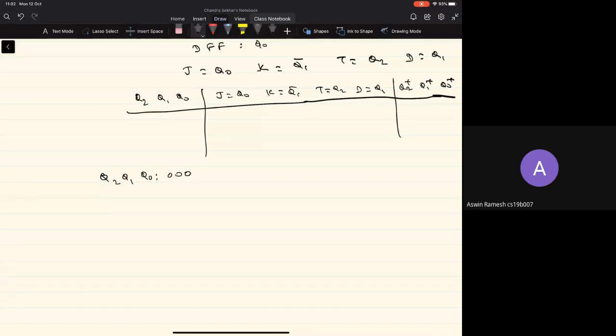So if there are no questions, let's continue with the discussion that we've been having. In the last few classes, we looked at these circuits called sequential circuits, which are mainly built using flip-flops, which are the basic circuit elements. And in the last couple of classes, we've seen how to design a sequential circuit using flip-flops.